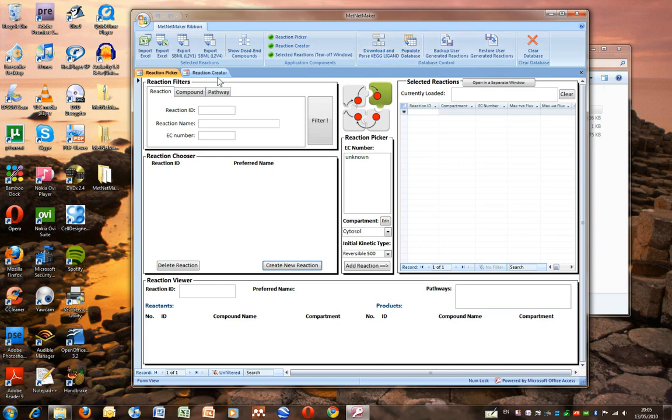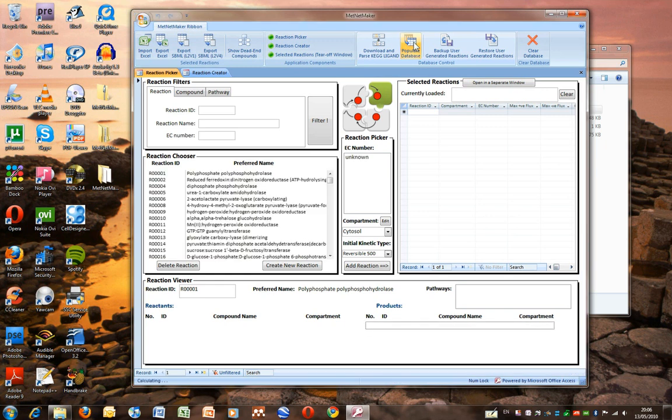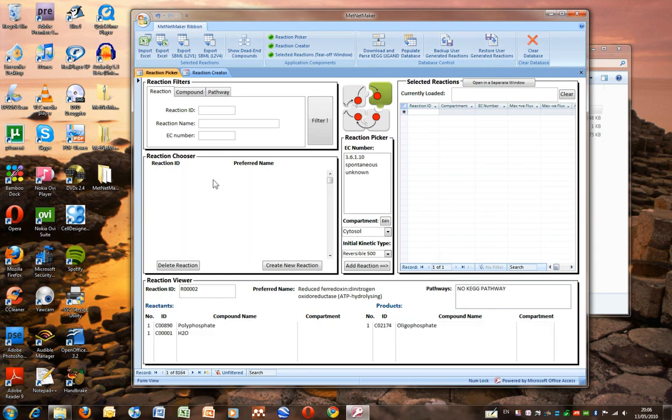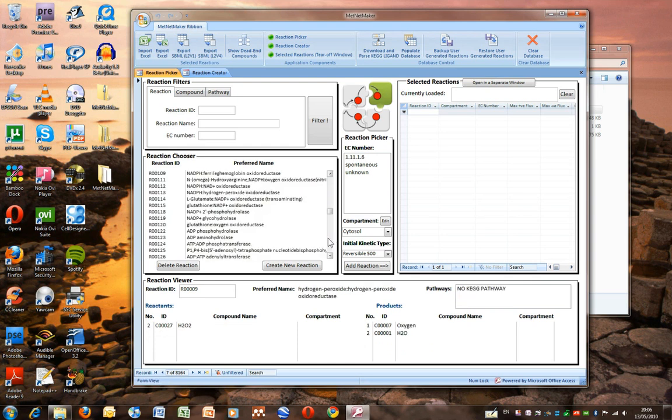So now if you want to populate your database for the first time, or if you want to repopulate it after you've used the clear database button on the right, you just need to click the populate database button. So now we can see that all of the reactions within the KEGG ligand database have been brought into MetNetMaker,